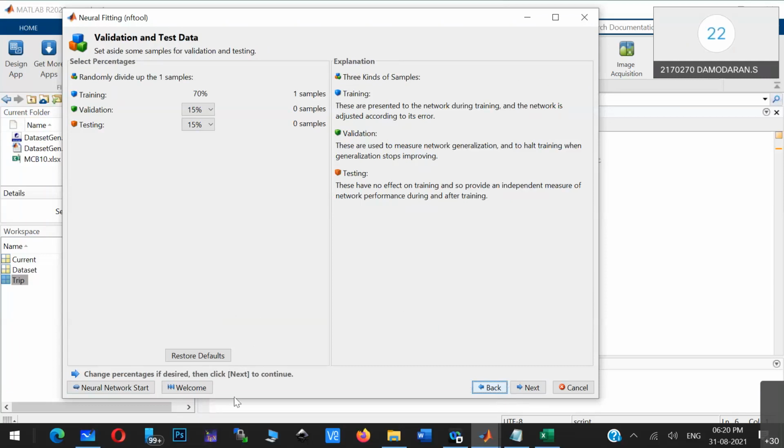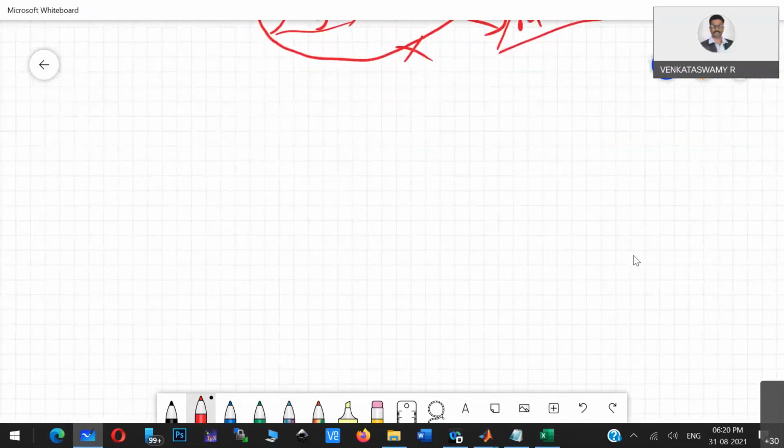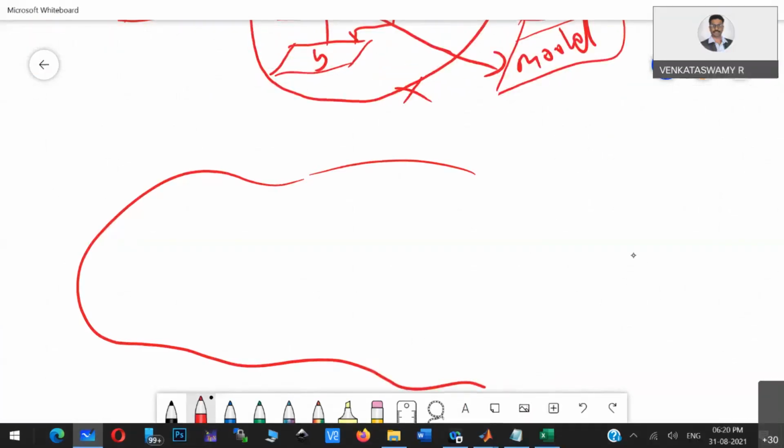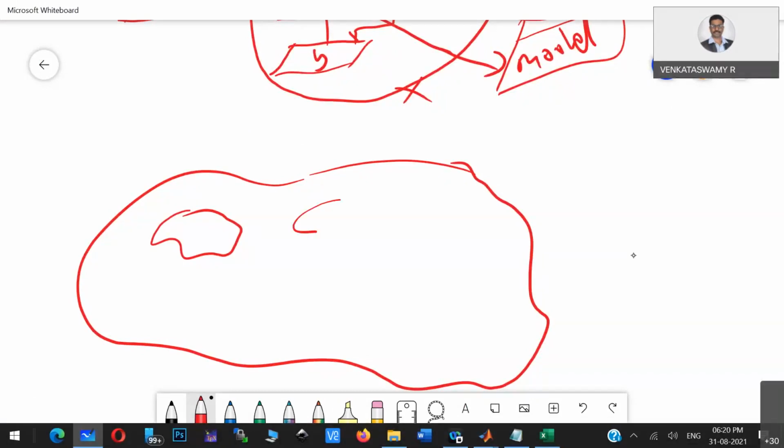Now the thing is, I already told you. This is your entire data sample, one sample space, and this may be another sample space. Always, in the same sample space, they will use 70% and 30% for training and validation.